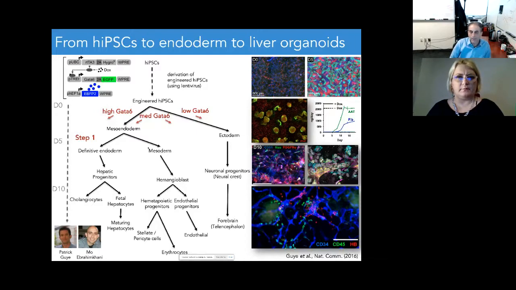And so we ended up getting a vascularized liver organoid, and it also contained blood cells. The liver organoid actually contained all the cell types that are known to exist in a fetal liver. So we're really excited about that. Now is the first, and I think actually only, example of being able to start with a single population of stem cells and generate all of these cell types within a liver organoid.